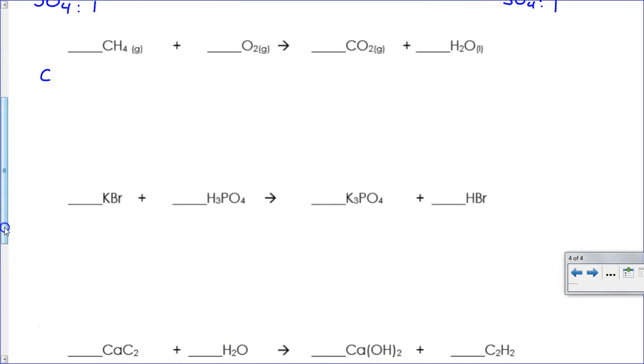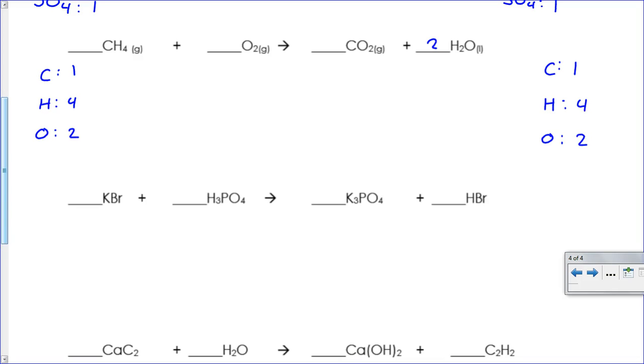For this next one, we've got carbon, we've got hydrogen, and we've got oxygen. Carbons, on the left-hand side, there's 1. Hydrogens, there's 4. Oxygens, there's 2. Going over to the right-hand side, carbon and hydrogen and oxygen. Again, there's 1 carbon. Hydrogens, there's 2. Oxygens, there's 1. All right, so carbons are good. I'll try and balance the hydrogens next. In order to do that, I need to put a 2 here in front of the H2O. If I do that, it modifies both the hydrogens and the oxygens, and so we end up having 4 hydrogens